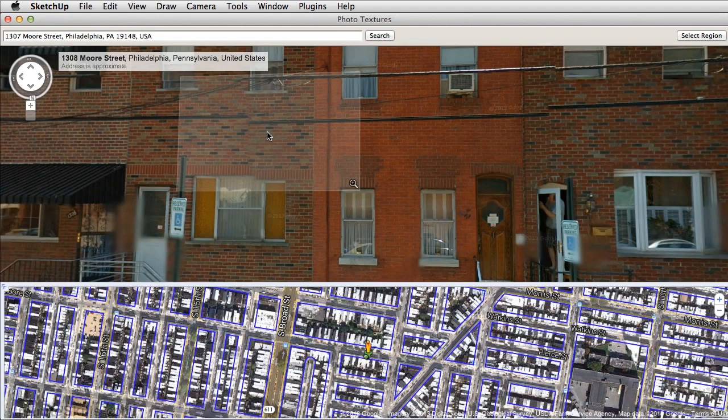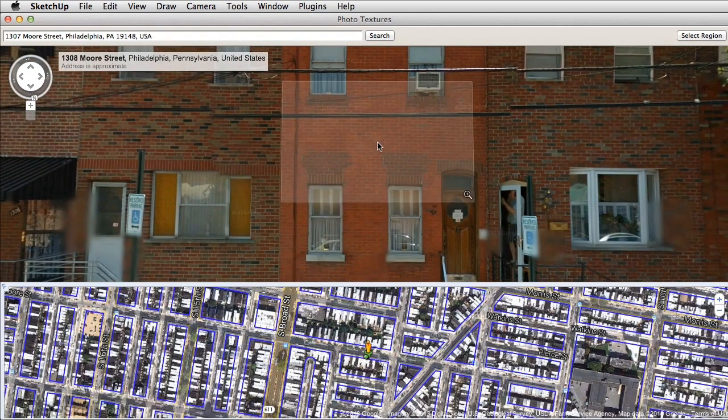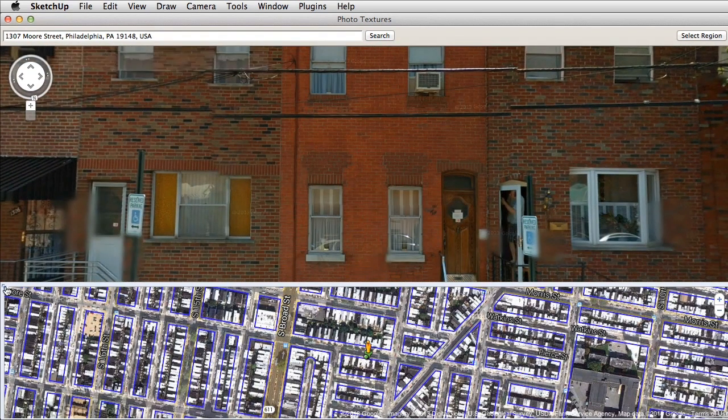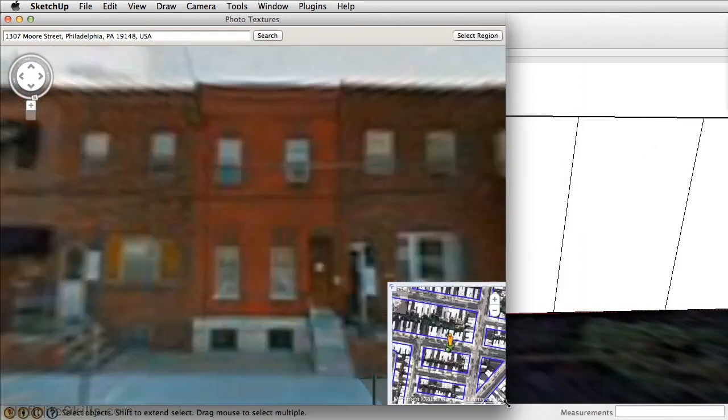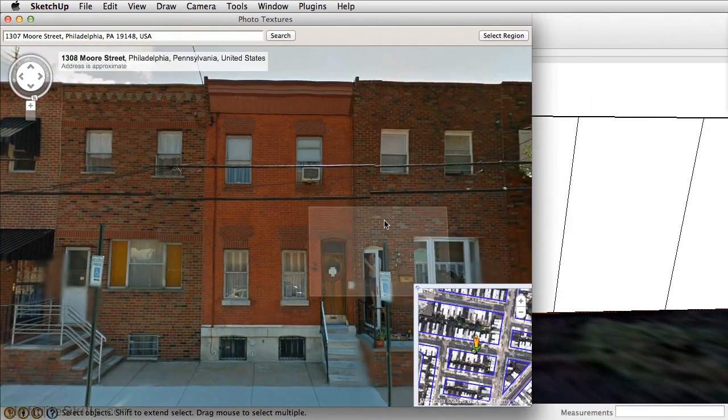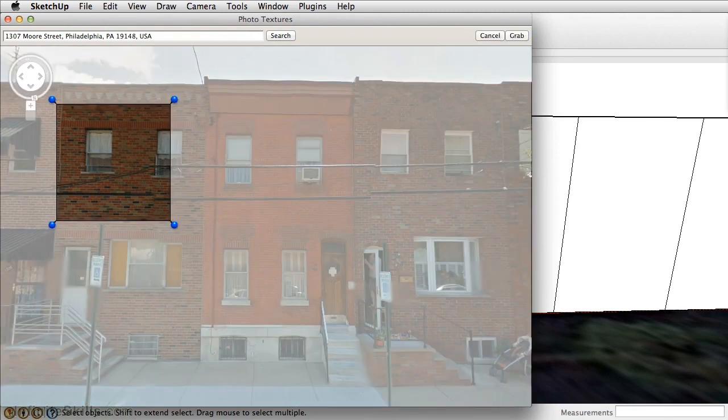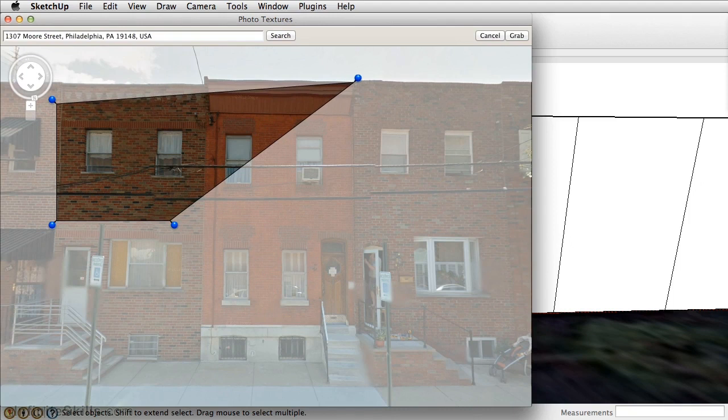The purple outline are the streets that are actually in Google Street View. So the neighboring house to the right is this house here. So let's minimize the map here. You can resize the window. That way it better shows the face here. Go ahead and click on Select Region. Now in this case, similar to texture tweaking we did earlier,